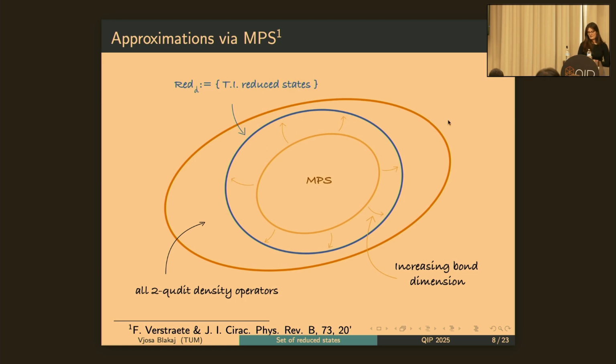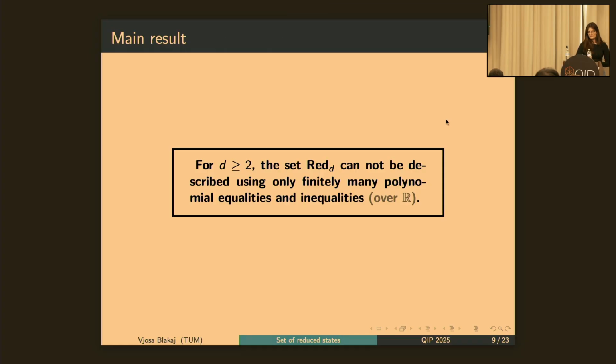So what we showed is that in dimensions 2 or higher, the set of reduced states cannot be described by only using finitely many polynomial equalities and inequalities. If we could have done this, it would have been very nice because we could have determined the ground state energy density, but we show that this is impossible. And before I show you how